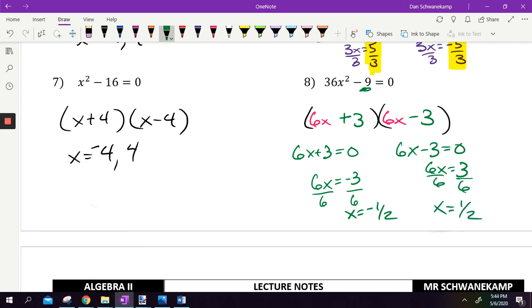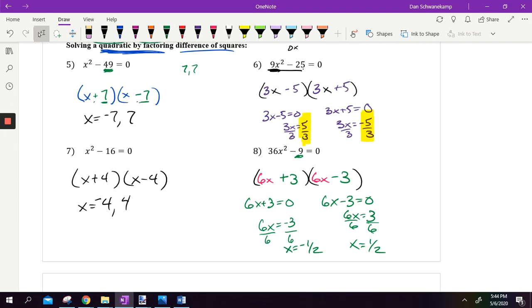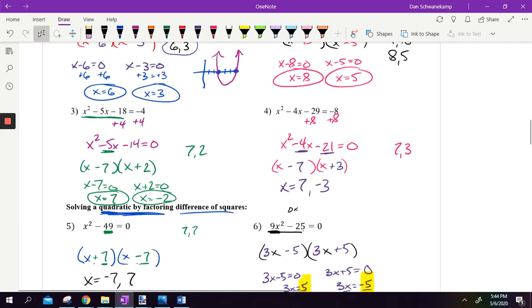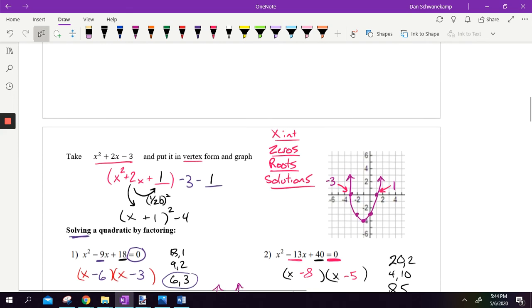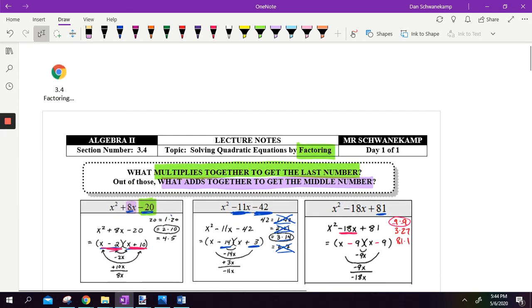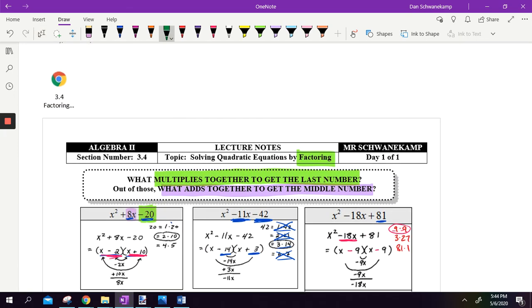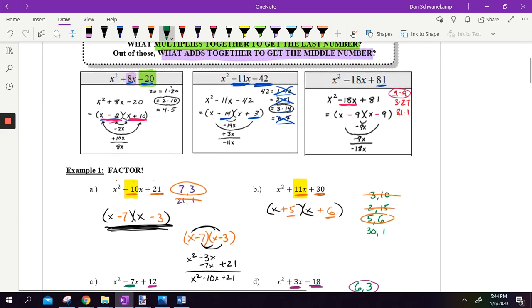That's difference of squares. Not something crazy important, but it's good to recognize because it makes your problems easier. All right, that's factoring. That's the basics of factoring. That's a lot. Okay, remember they need to multiply together to get the last number and add or subtract to get the middle number. We'll continue here in a second,